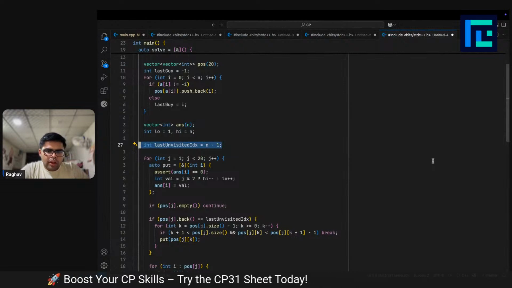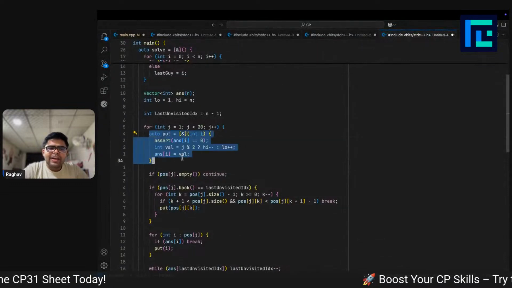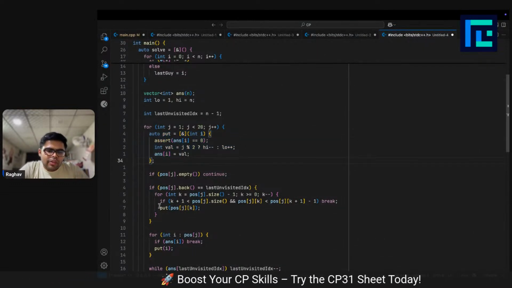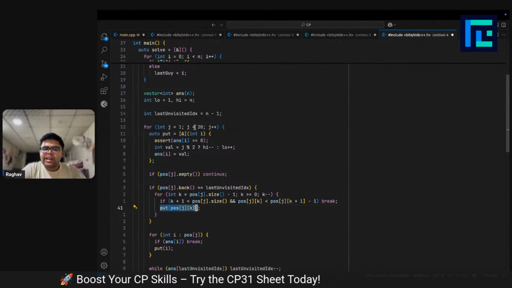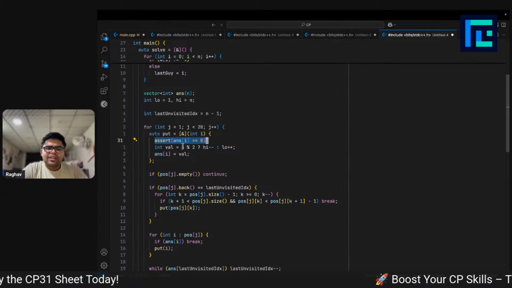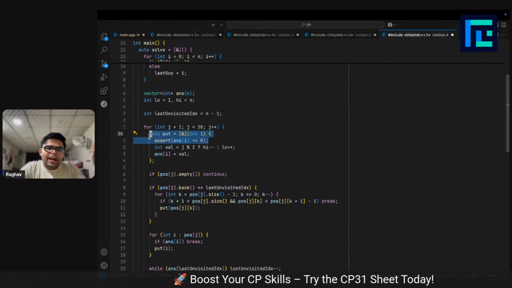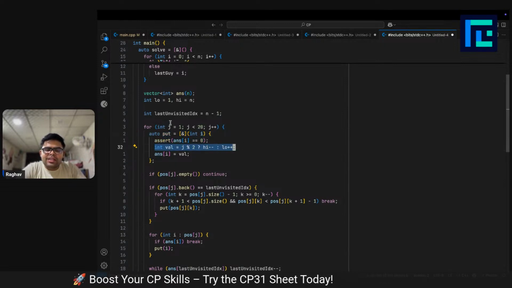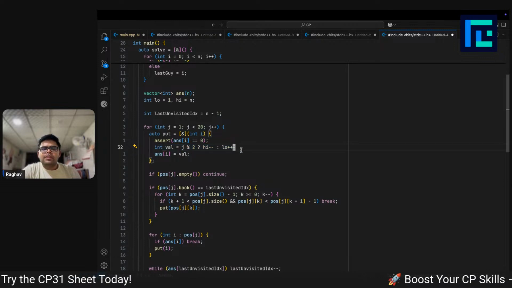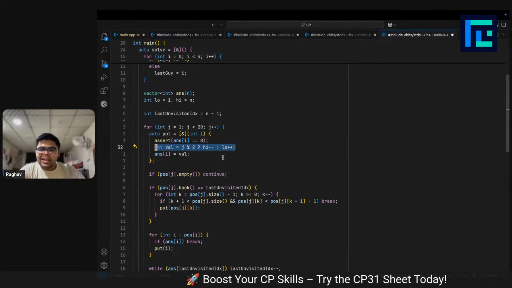It would help me to figure out whether I should start putting elements from the right side or not. And I created a lambda function with the name put so that I can just call it put and give the index every time I want to add an element. I'm having an assert statement that I should not have put any element on the current index so far. And depending upon whether the value of j, basically which iteration it is, is even or odd, I will put the largest guy or the smallest guy that I have for right now